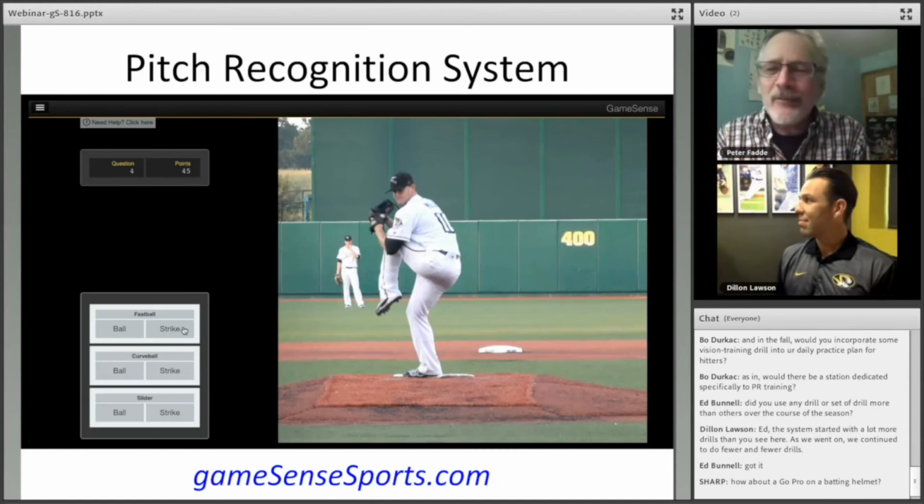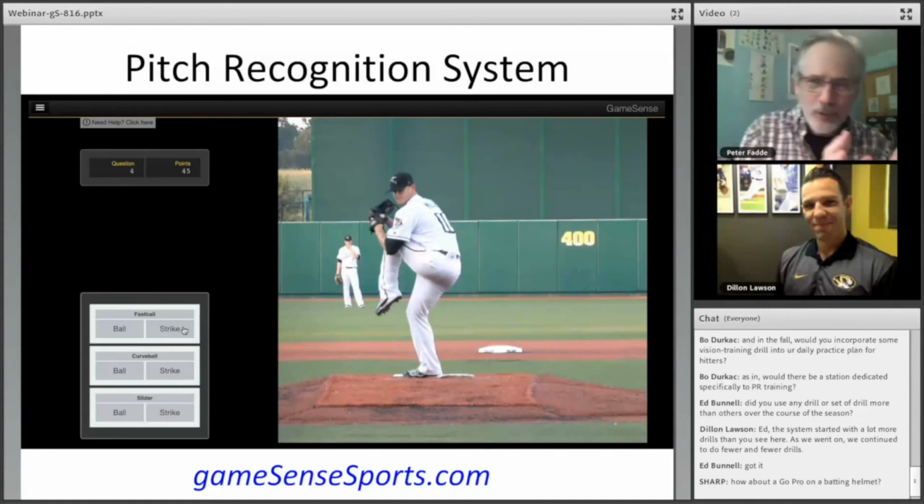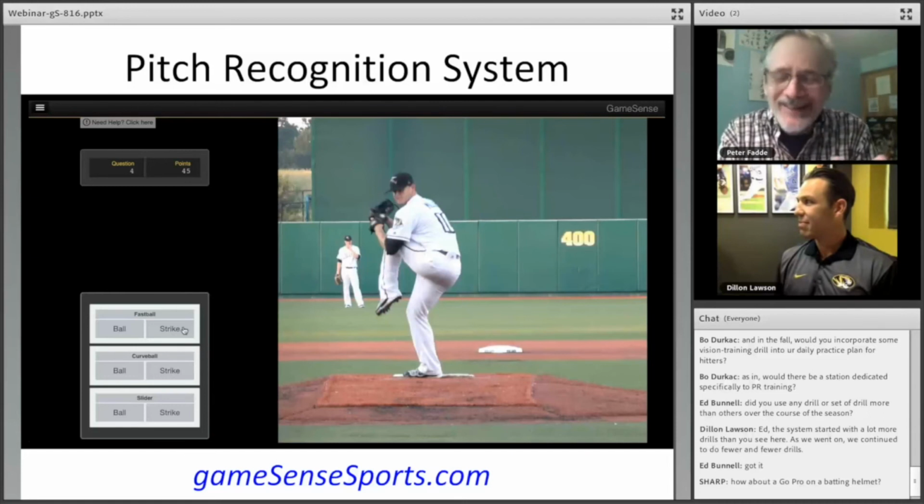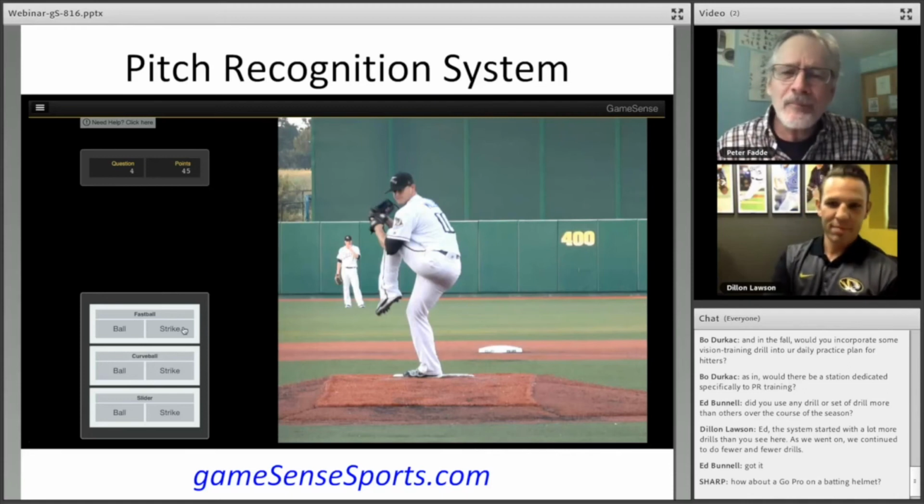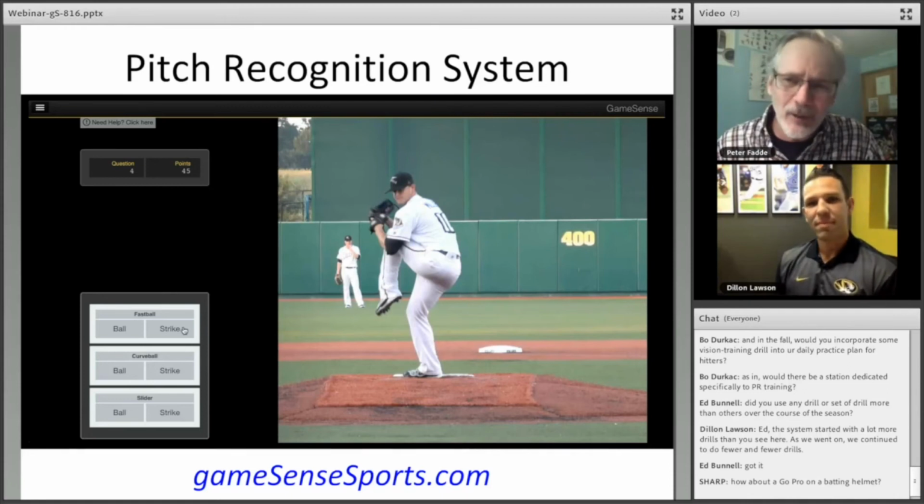So this Adam, for instance, if you're a right-handed hitter and you go in and you choose the right-handed batter's box view, he's going to be a left-handed pitcher. So some things like that. There are a lot of little oddities, and the FAQs explain it pretty well, and trying it yourself is good.